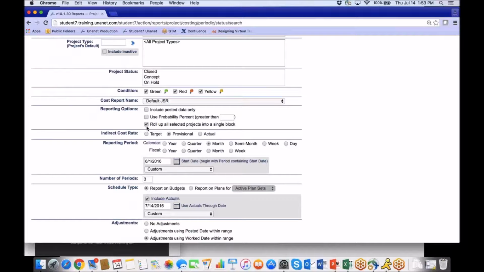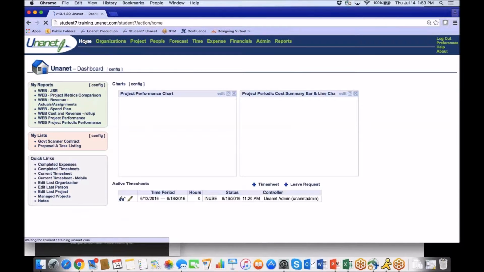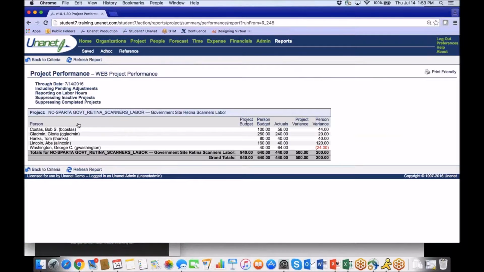And you can see here I've got it rolled up into the one block for the combination of those projects together in one view. So I need to figure out about those hours, right? We see here we've got someone charging over hours. So for our tracking users, there's a report here available for the project tracking, and it's called the Project Performance